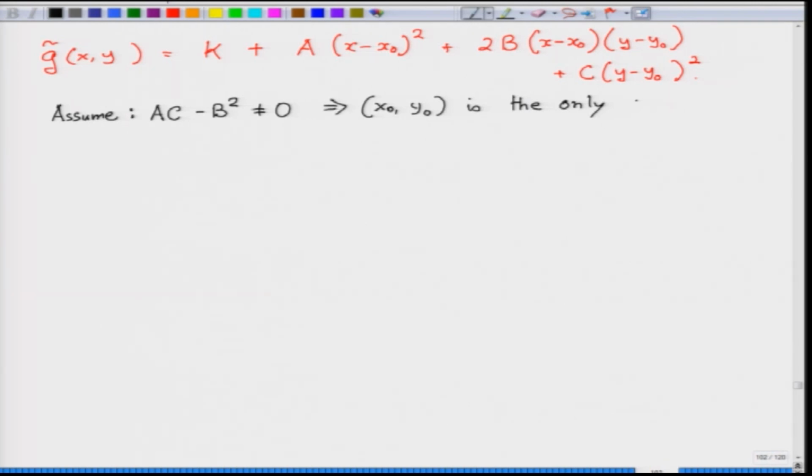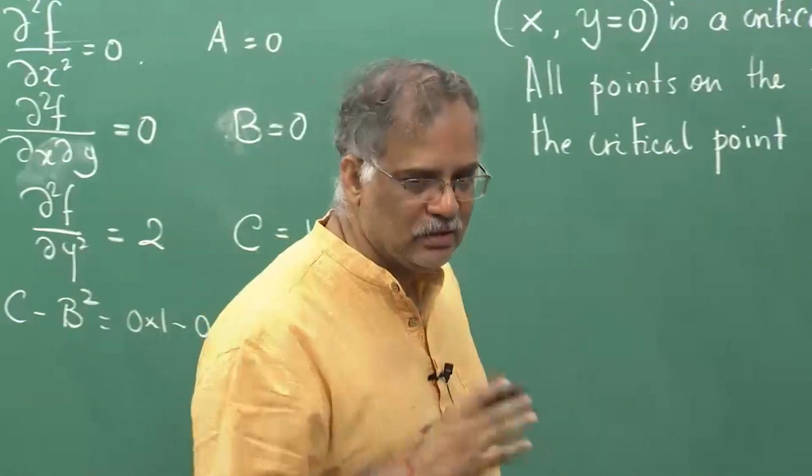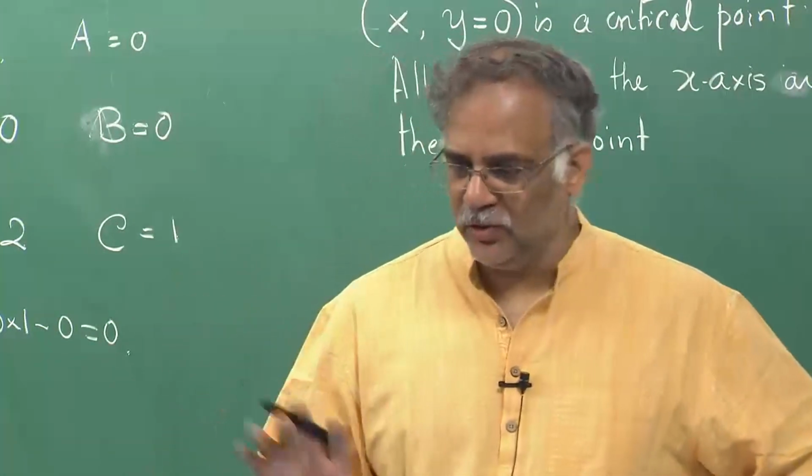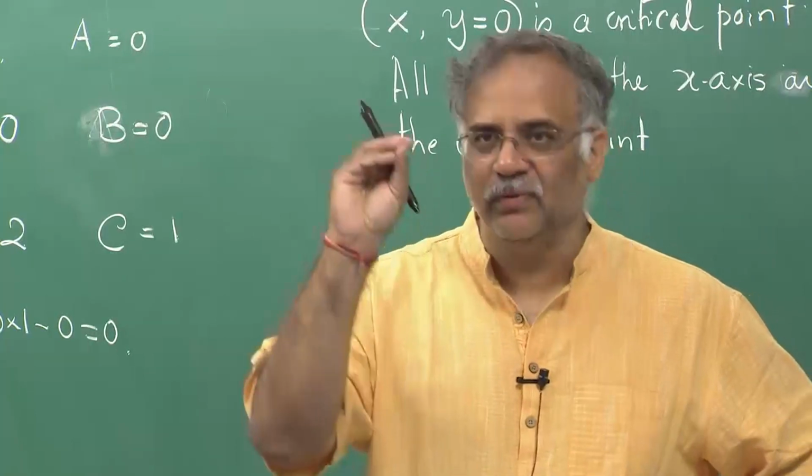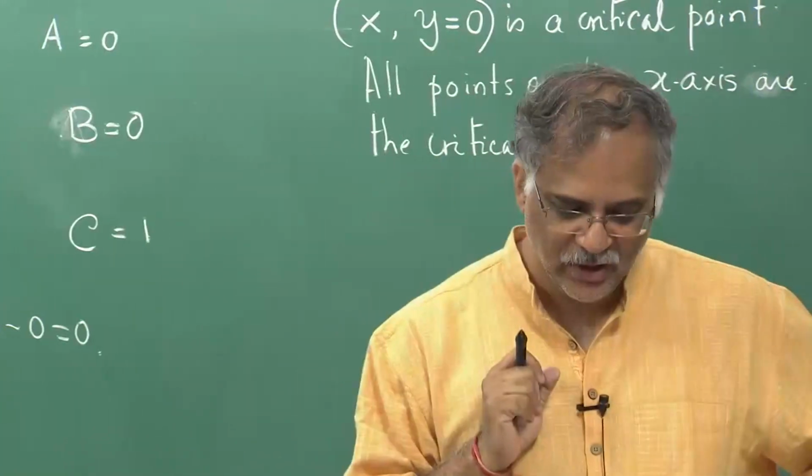So, you have to assume this, and this will imply this is the only critical point. This is a very important thing. It is actually a determinant, which we cannot speak about now in this structuring, but okay. Now, those who know linear algebra would understand we are talking about positive definiteness and negative definiteness of the Hessian matrix of the function. But we will not get into all that. That is just a little bit of name dropping, which is not a bad idea sometimes.